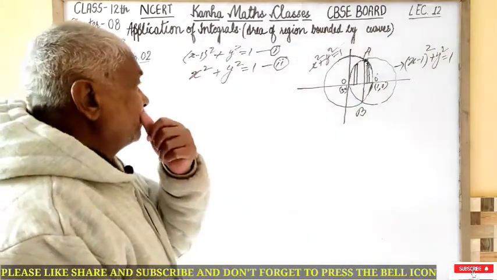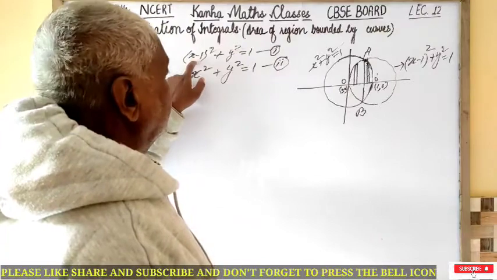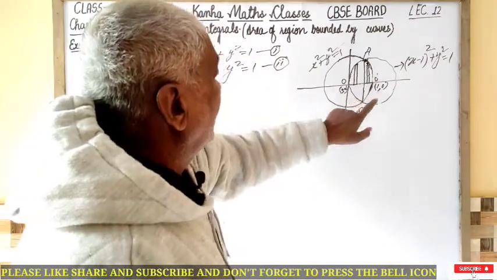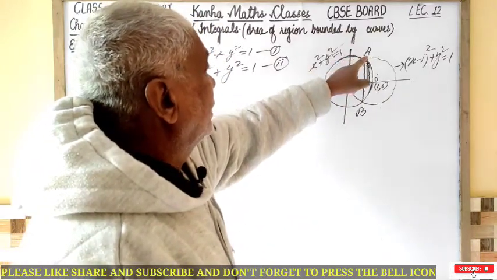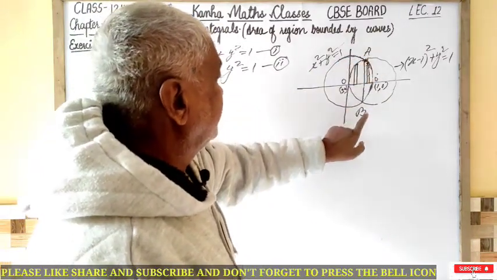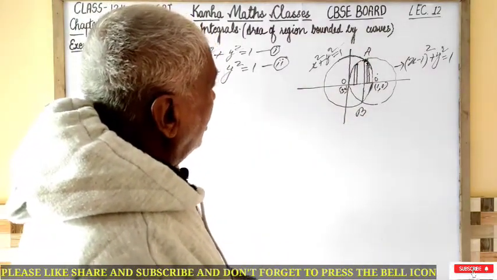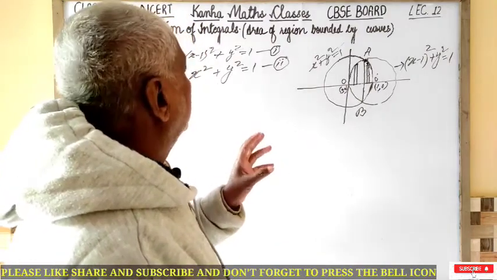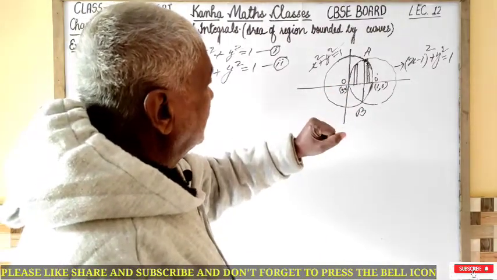As you see in the figure, these two circles having the centers (1, 0) and (0, 0) intersect each other at the points A and B, and the area or region bounded by these two circles, as we see in the figure,